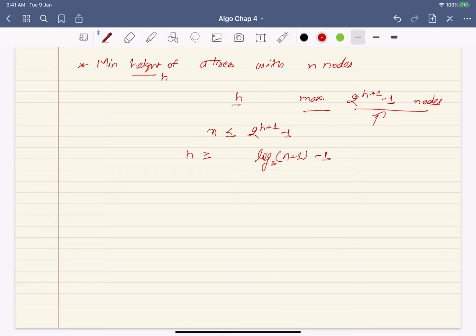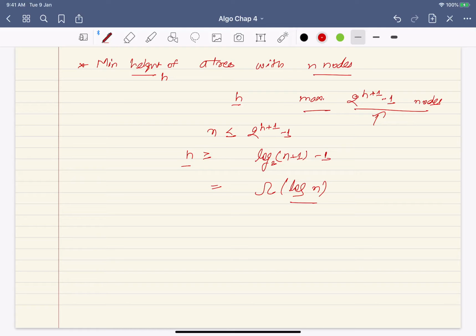Now which bound can I put? Since h is greater than or equal to this, I cannot put an O or theta, but I can say h is omega of log n. So the height of a tree is lower bounded by log n, where n is the number of nodes. It can never be better than log n.